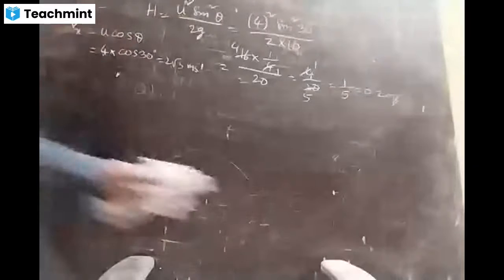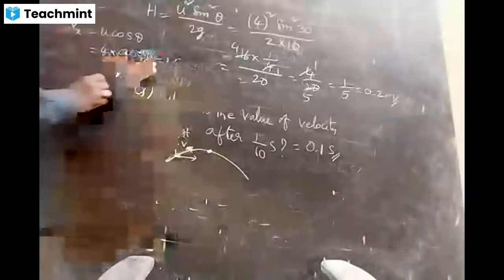Vy is equal to u sin theta minus g t. 4 into half minus 10 into